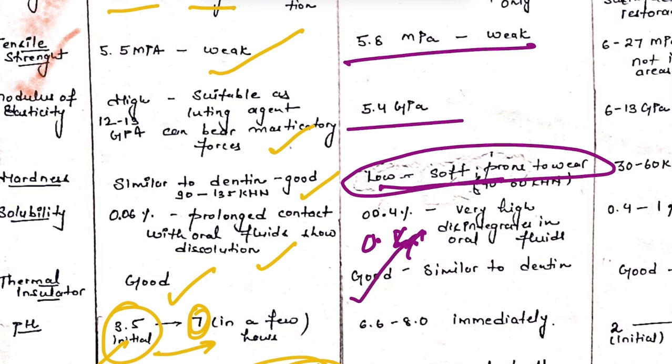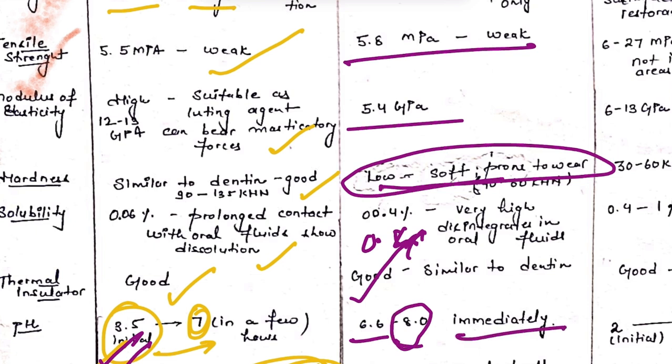Thermal insulation is good. pH initially it is 6.6 and it goes up to 8 immediately. So here is the major difference. If you talk about the highlight of this cement, it is that even initially it is not acidic. It is very slightly acidic initially, whereas zinc phosphate was very acidic initially. So this one won't be irritating at all, and it reaches a basic pH which is soothing and relaxing almost